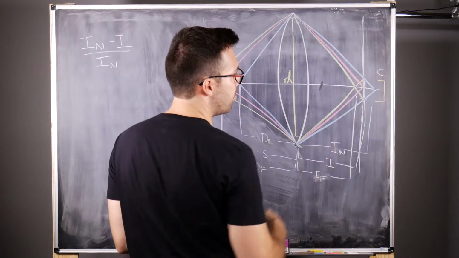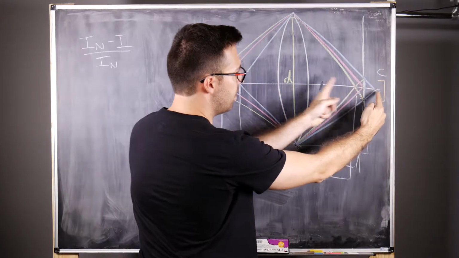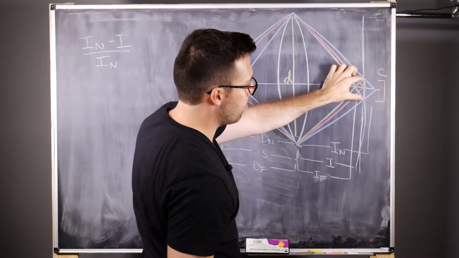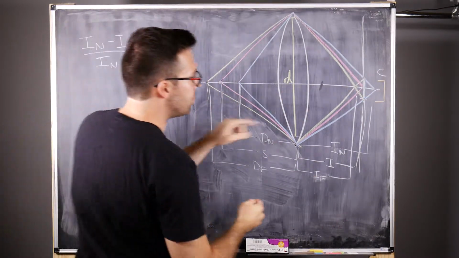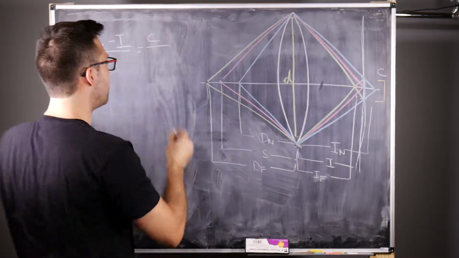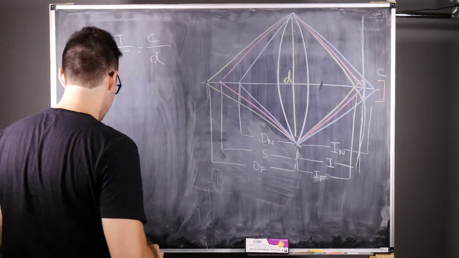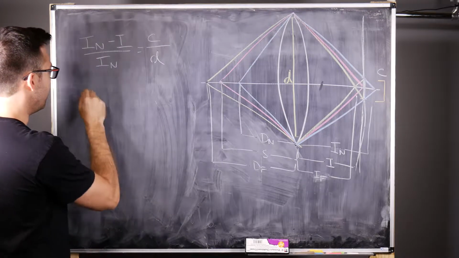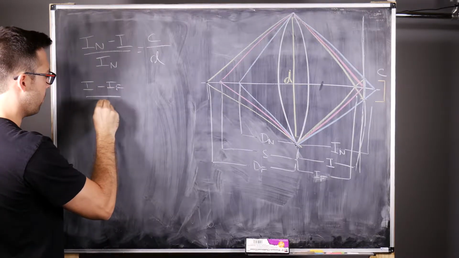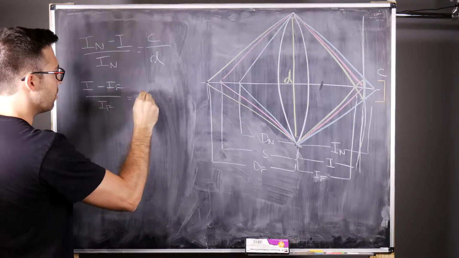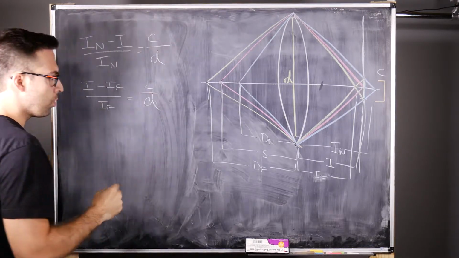So let's take the base. We have this small height is to this big height as this small base, C, which we've defined as circle of confusion, is to this bigger base, which is D, the diameter of our lens. Now we can do a similar thing for the far image. If we have I minus IF over IF is also equal to C over D,